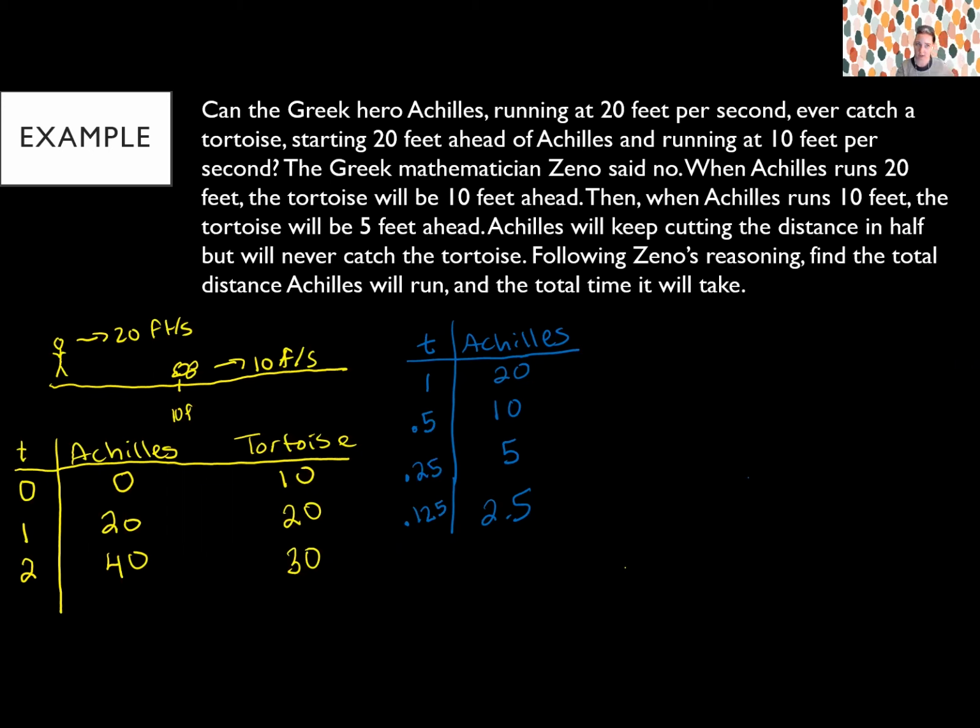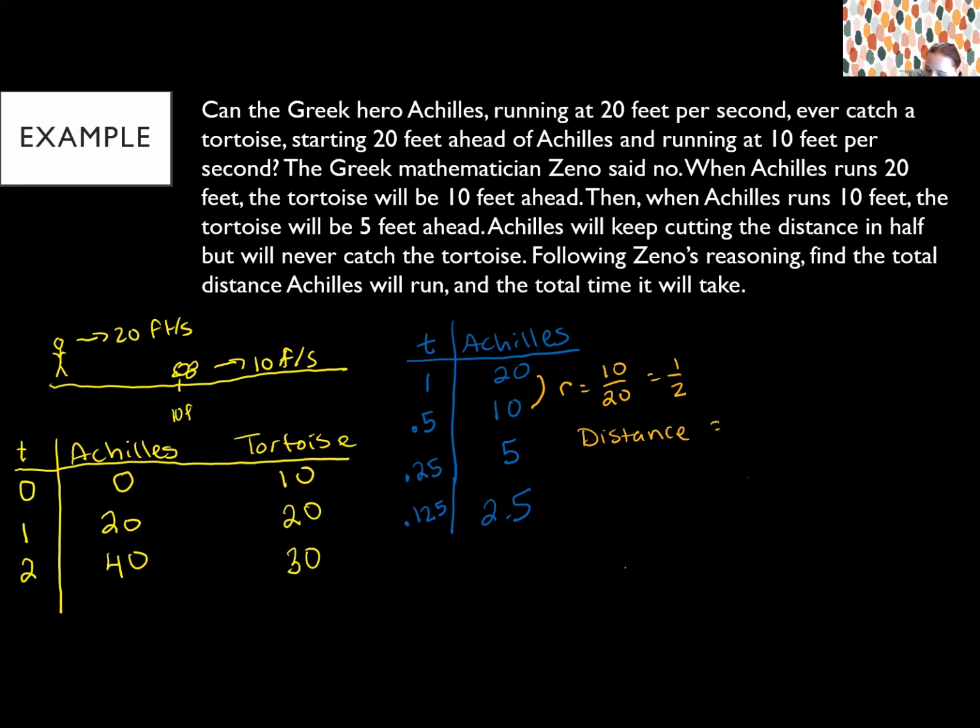We can do one with time to find the total time it will take according to Zeno. And then we can do one with distance to find the total distance you will run if you did this forever. So let's do the distance one. So your R would be basically 1/2 because we're taking 1/2 each thing. And our A1 is obviously going to be 20. So for our distance,